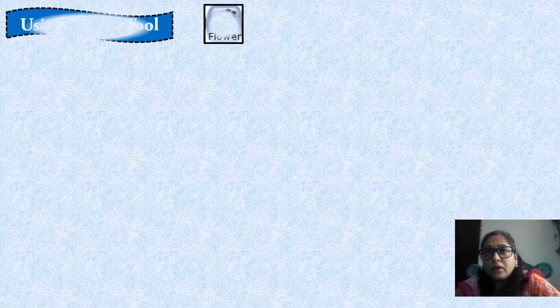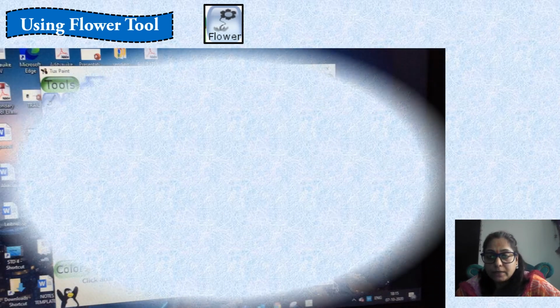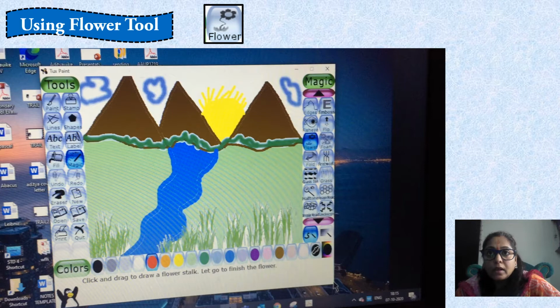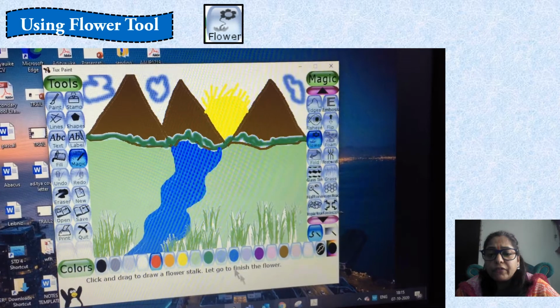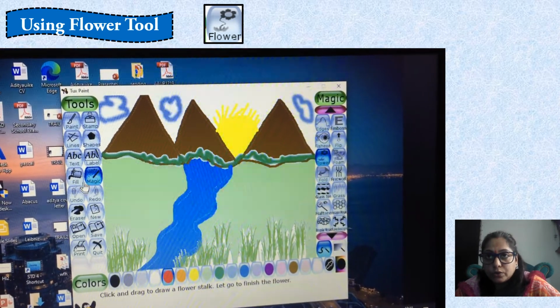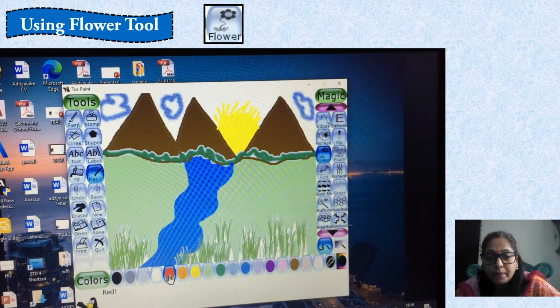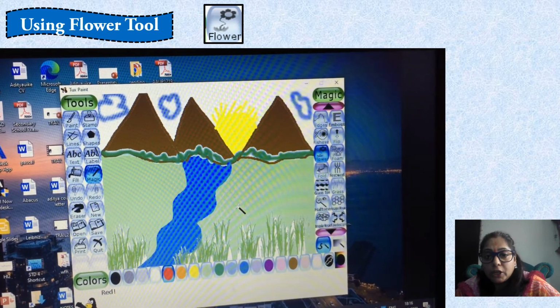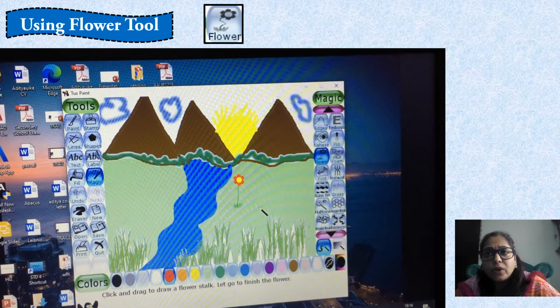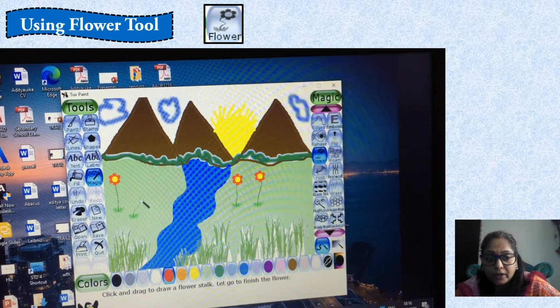Flower tool is a ready-made option to draw flowers on the canvas. Let's see. Click on the flower tool, which is a sub tool of the magic tool. Now select red color from the color palette. Bring the magic wand into the drawing area and click once on the grass area to add a flower on it.